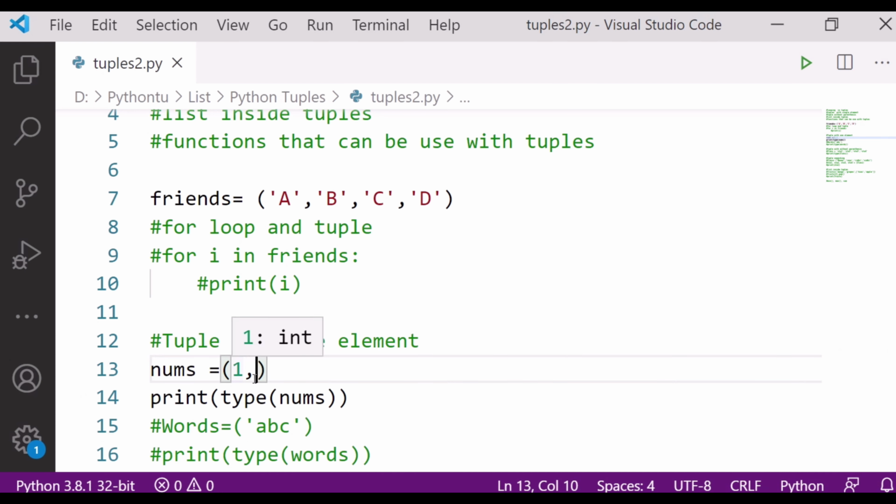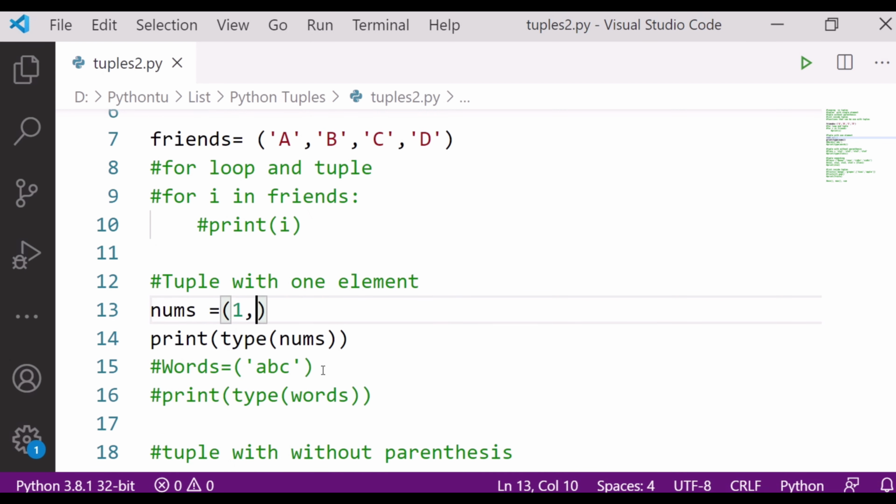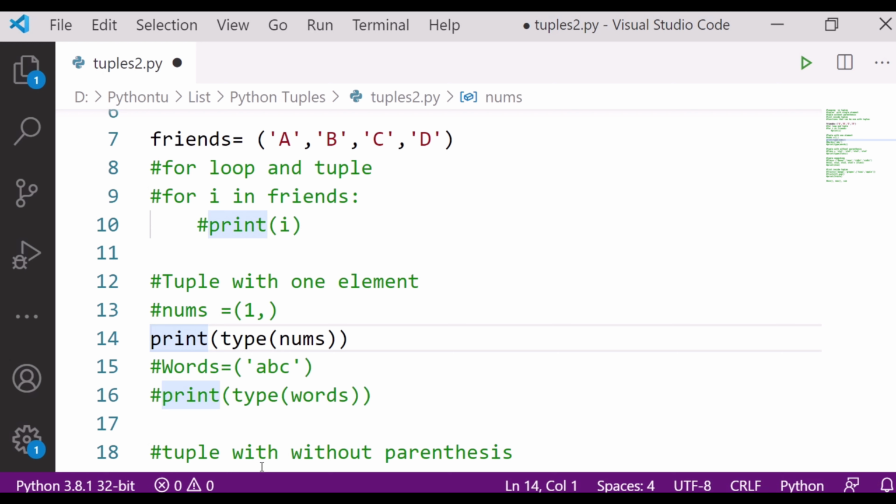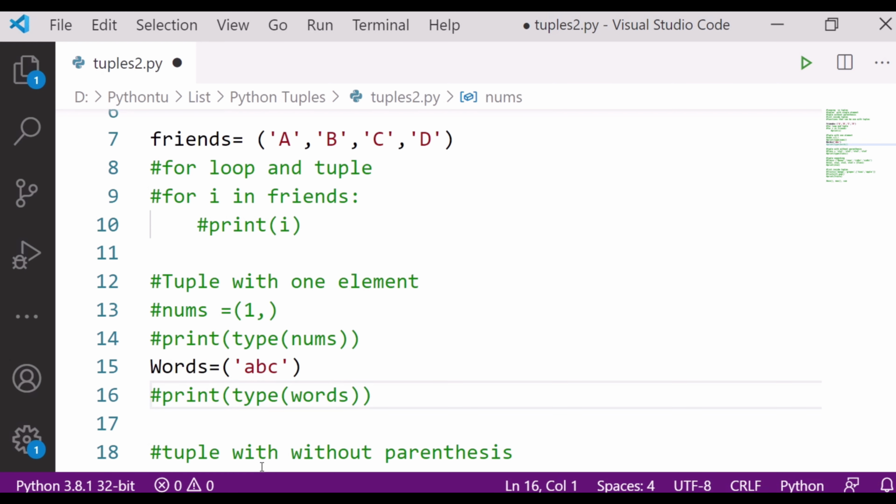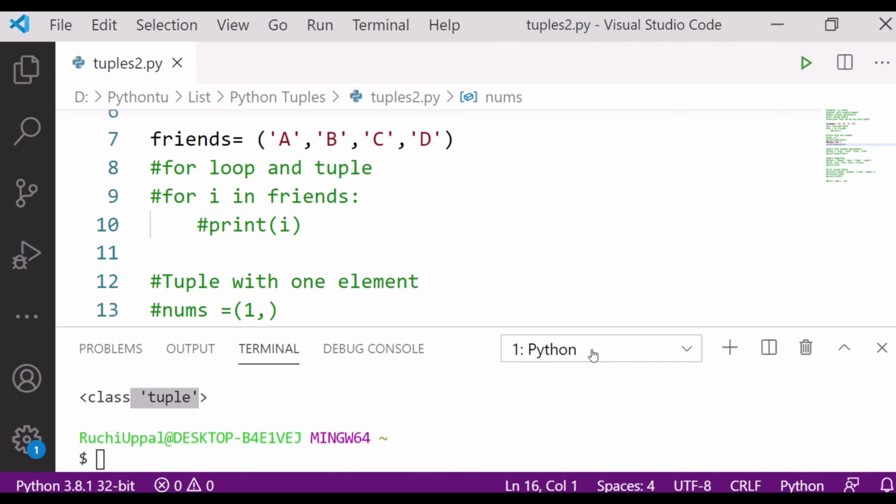Next, suppose I have written words like A B C and I want to check the type for this. Let me remove it, Control S, and check the output.